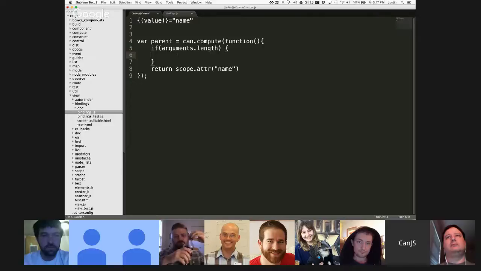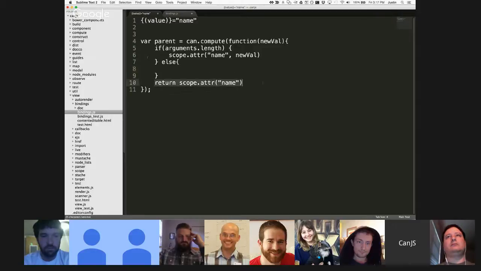If we're setting it, then we're going to set in the scope whatever the new value is, and otherwise, we're just going to return the value. So you can think of it as there's one parent compute that's created that represents this, and there's a child